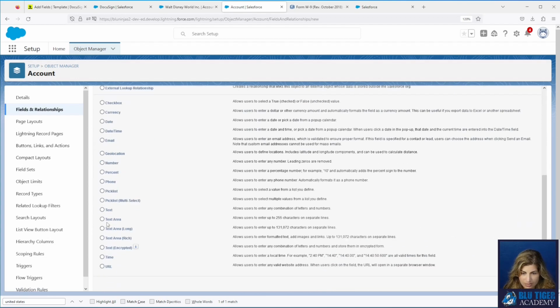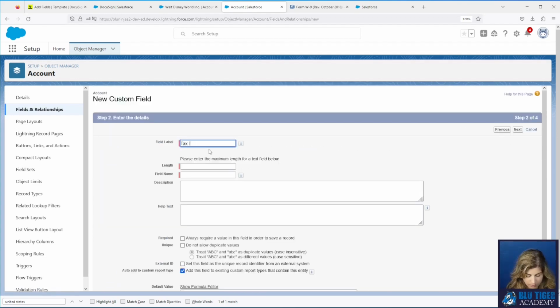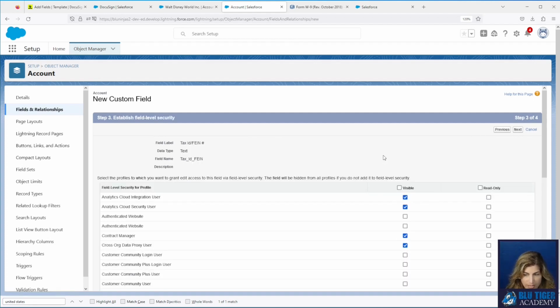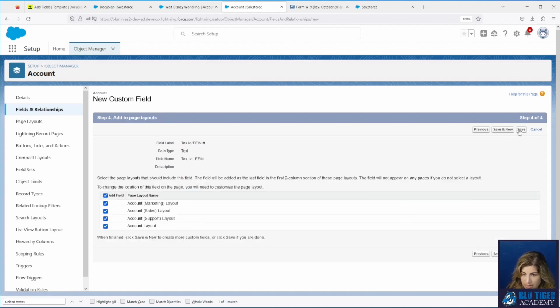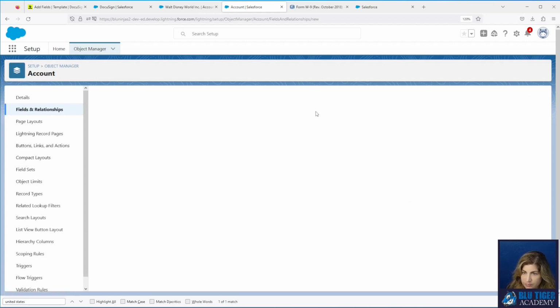We'll make it a text field. And then this field is 10 digits long, including the dash. So we'll limit it to 10 characters so that the user can't enter more than 10 characters into the field. We will add it to the page layout.